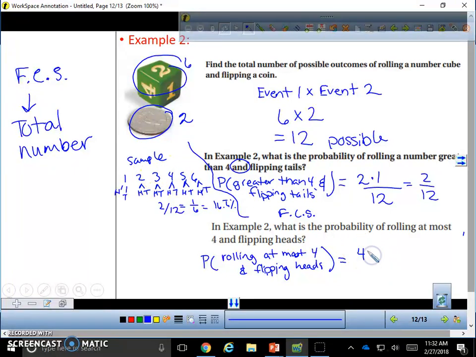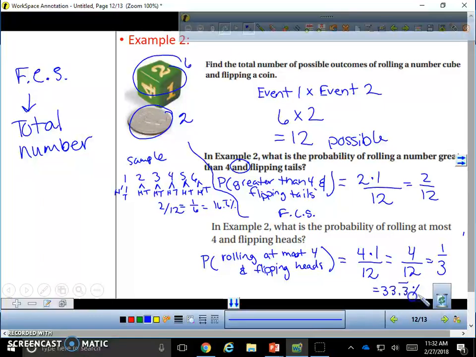Event 2, flipping a head, happens 1 way, out of 12 total. So 4 times 1 is 4. 4 divided by 12 reduces down to 1/3, and 1 divided by 3 is